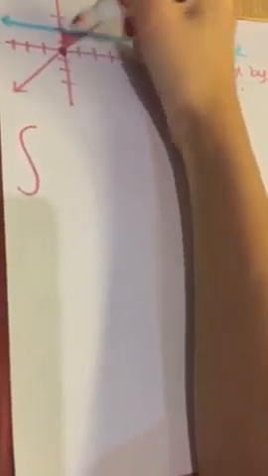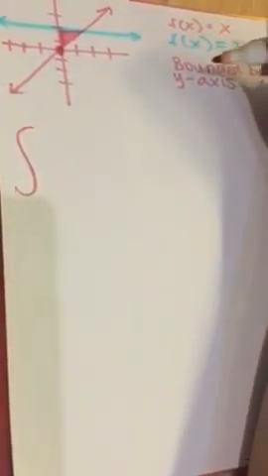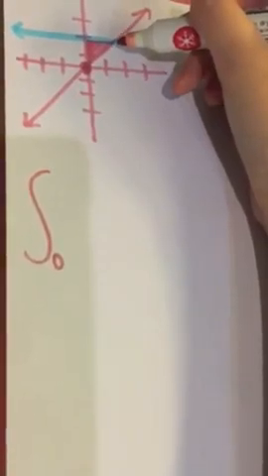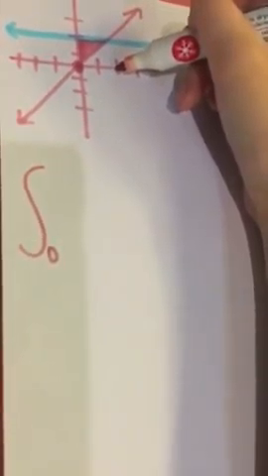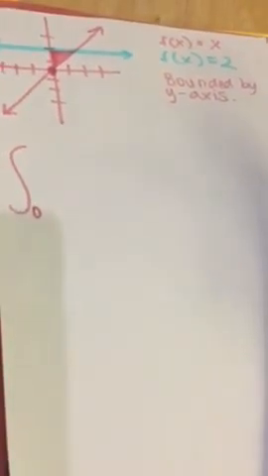So obviously our bottom bound is 0 because we are told it is bounded by the y-axis. 0. But what is our other bound? Well, from the graph we can see that the bound is 2. But what if it's not that easy? What if it's not so clear? Then we can just